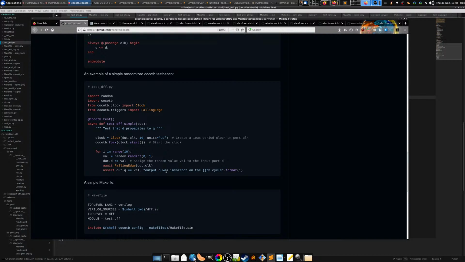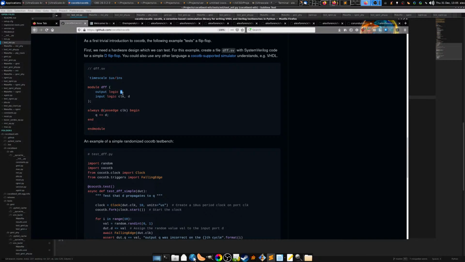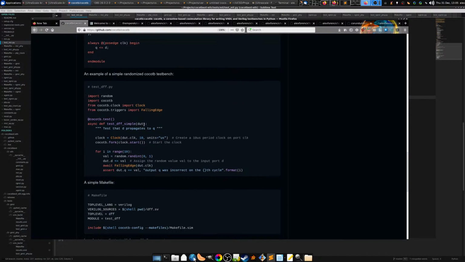The other thing that you need to do when you're making a test bench is not only have access to the signals inside the design. In this case, we can access both the D port and the Q port, right? There's Q, there's D, and they can be accessed just directly through the dot object. But you also need to be able to interact with the simulator in terms of timing. So in cocotb, they use the async and await syntax. The functions are defined as async, and then you can await different events. So in this case, you can await for